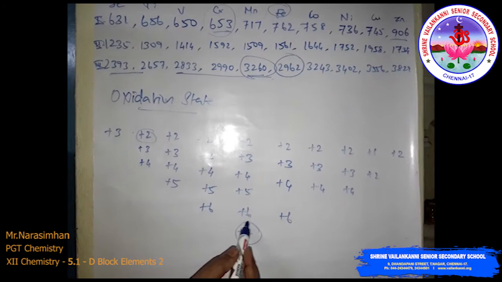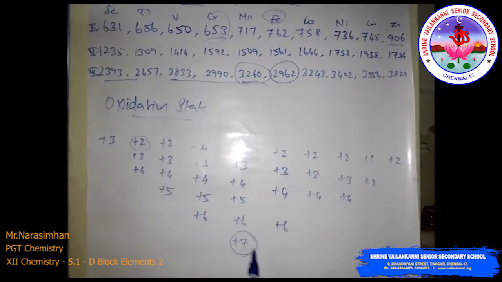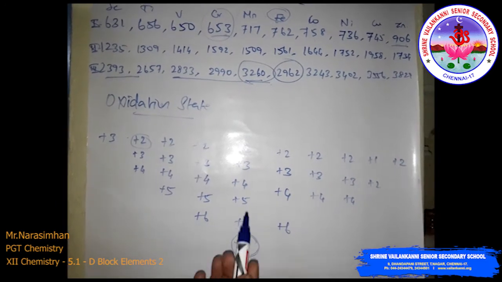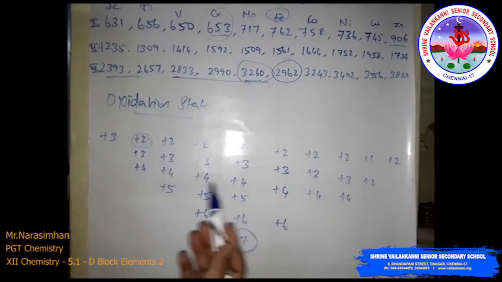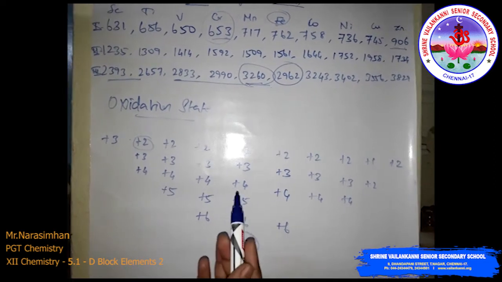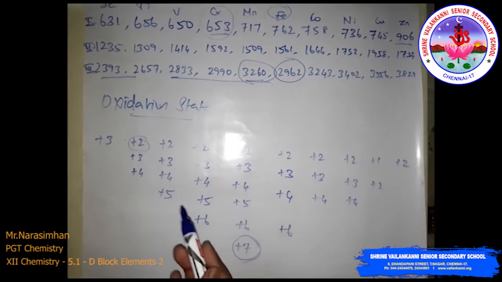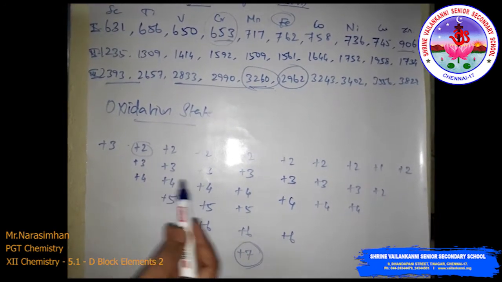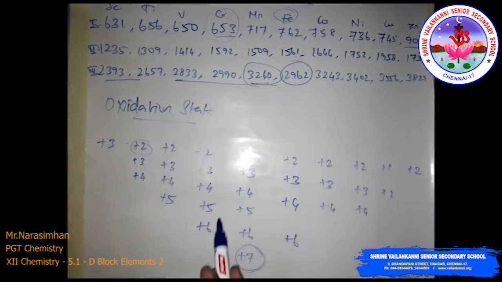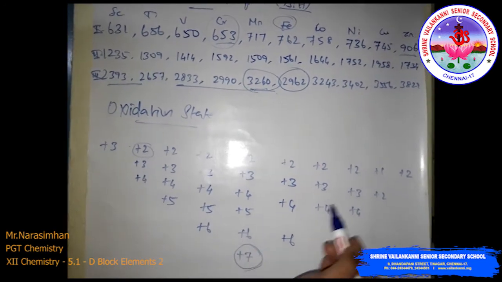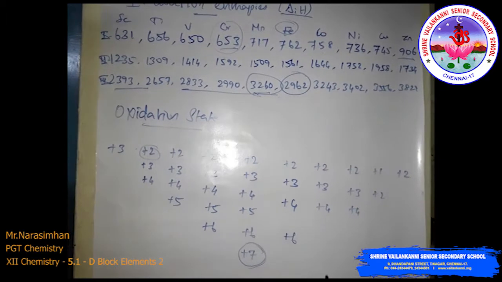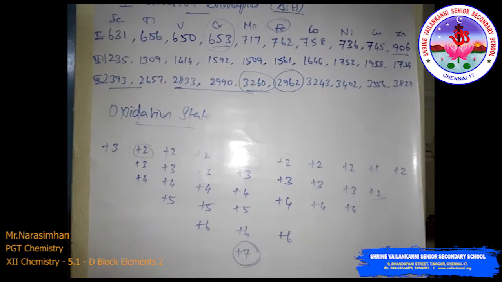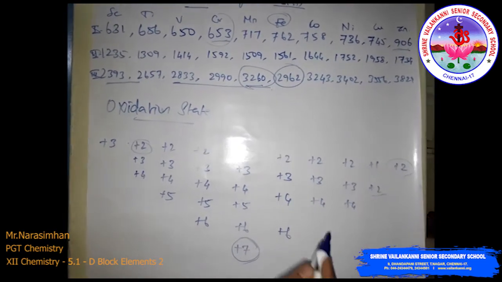So here the manganese exists only in the highest oxidation state, that is +7. The lesser number of oxidation states at the extreme ends stems from either too few electrons to lose or share, that is scandium and titanium, or too many d electrons for higher valence, that is copper and zinc. For copper and zinc, the maximum is +2. So this is the higher valence.